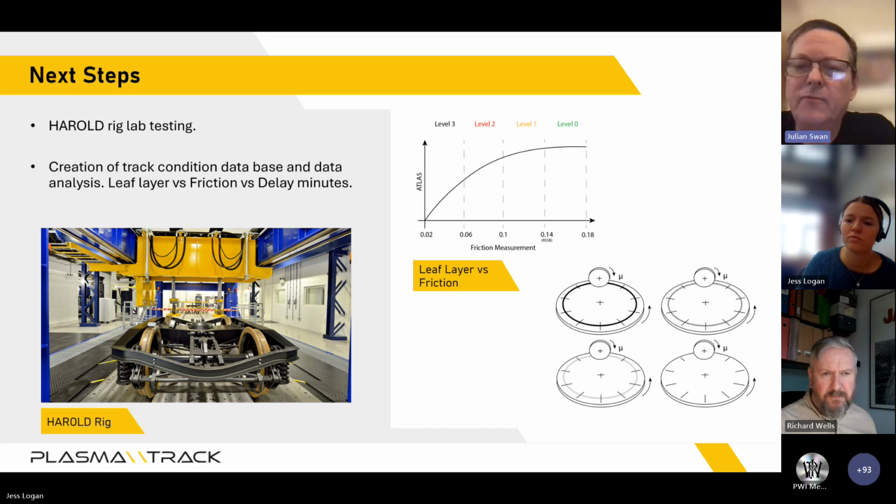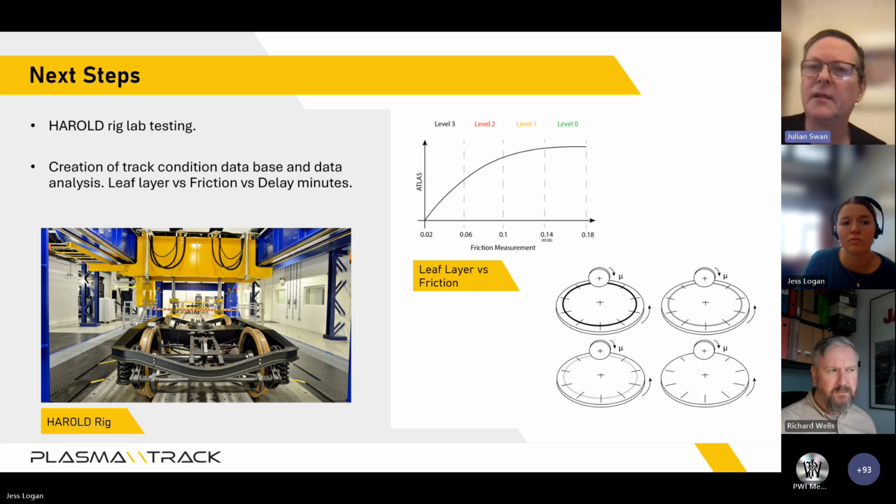Well, this is where the Harold rig and the Atlas rig are really critical to this. The way they're set up, you can see the bogie there in the Harold rig. There's basically a hydraulic system that puts a loading on the bogie, so you can actually simulate anything from a light rail vehicle through to a freight train. And when we did our adhesion testing on the Atlas rig, that was at 55 kilonewton contact patch, and that was for light railway. They tend to slip and slide under braking, or under acceleration and braking, more than the freight setup. So there is definitely a parameter there when it comes to the basic 3 levels